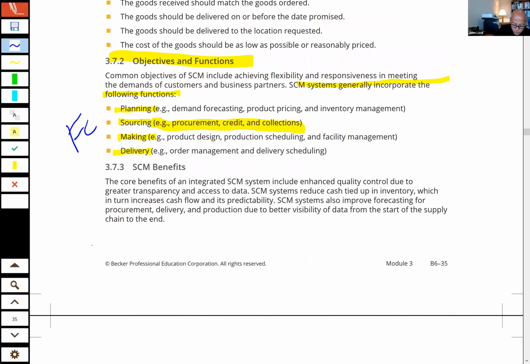Okay, now you come over and you take a look at the core benefits of an integrated supply chain management system. They include greater transparency and access to data. SCM systems reduce cash tied up in inventory, which in turn increases cash flow predictability. They also improve forecasting for procurement, delivery, and production due to better visibility of data from the start of the supply chain to the end. Okay, and I mean, I thought that these supply chain management things were working,